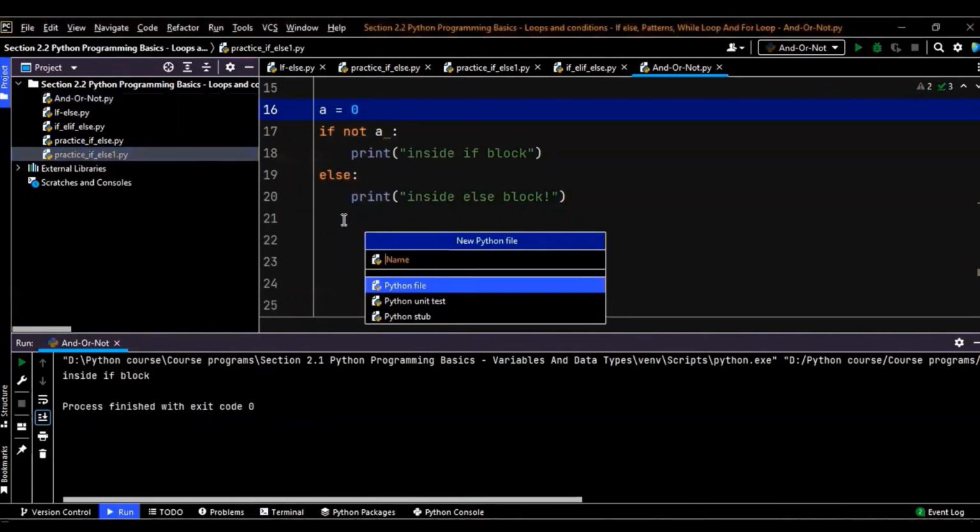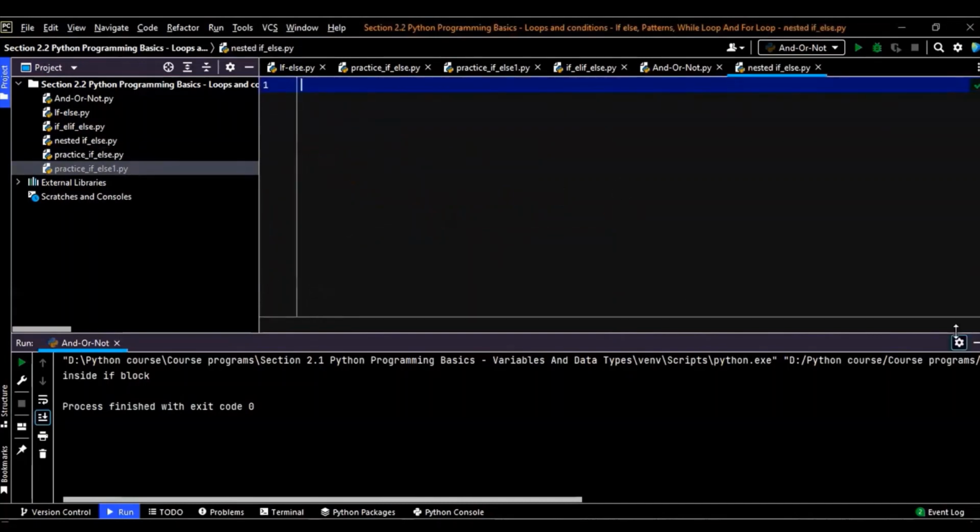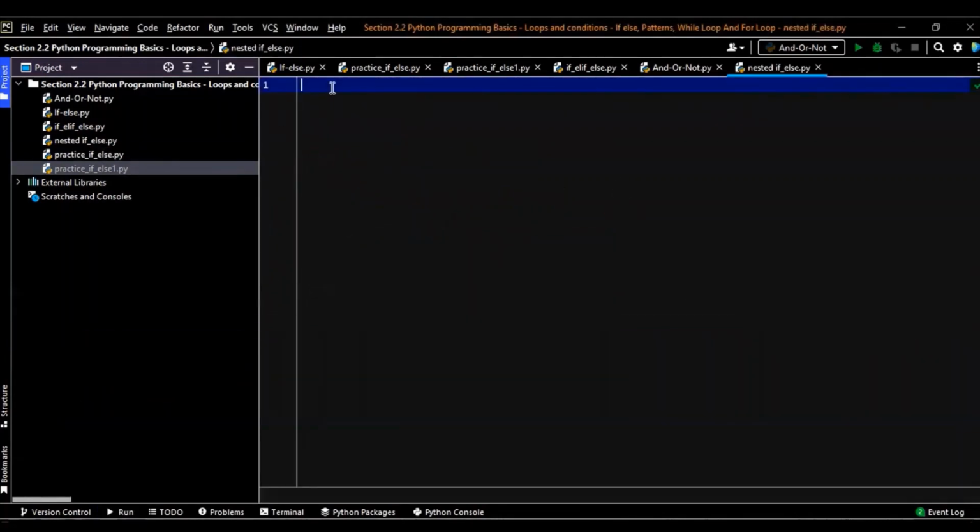And let me write down nested if else. Cool. So this is our new Python file where we would be learning about nested if else. And again, let's take a simple number. A is equal to 5. Okay. If